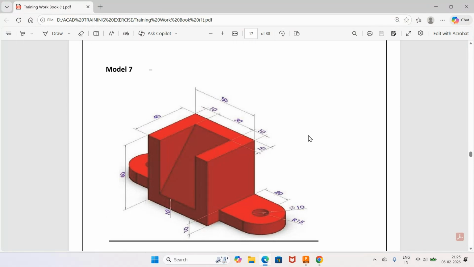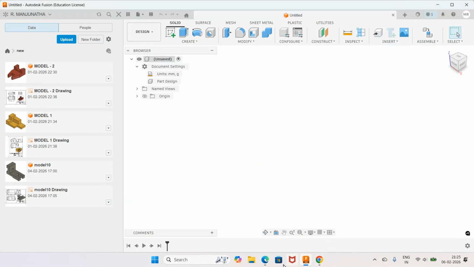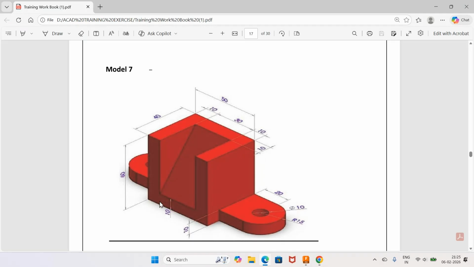By using the Fusion software. So this is the three-dimensional model wherein I want to create this. To do this, first we'll go to Fusion. Now here, the first thing is I need to create this rectangle which is of 50 by 40 to a depth of 60. So to do that, I will go for Fusion